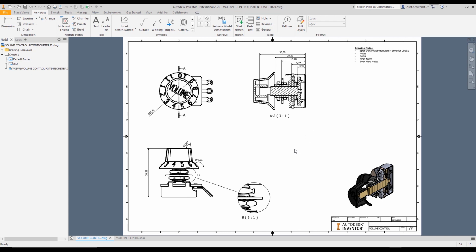Clint Brown here. I want to show you some of the enhancements to Inventor 2020.1. One of the things that's been added is an enhancement to the spell checker, but just very quickly, let's remind